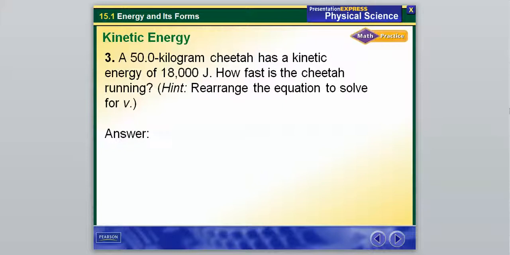Now, this one you have to solve for v, so you're going to have to rearrange your equation a little bit. We'll go over how to do that, and how I think the easiest way to do that is, in class. But you can just go ahead and try to solve that one on your own. So that's it for our first one. Let me know if you have any